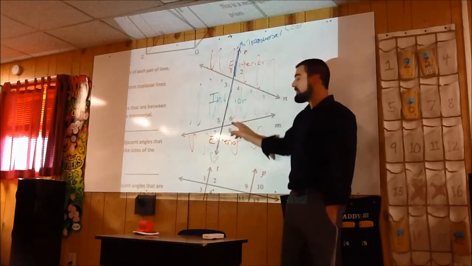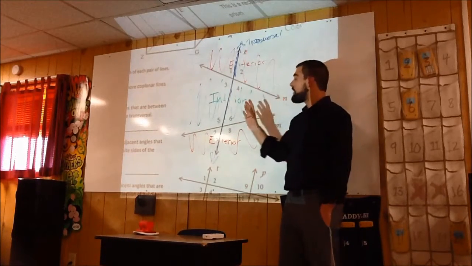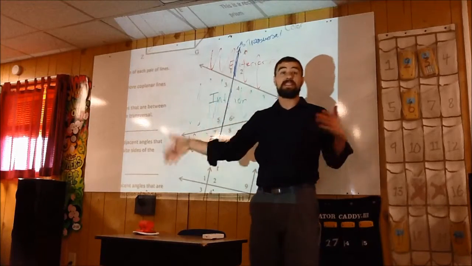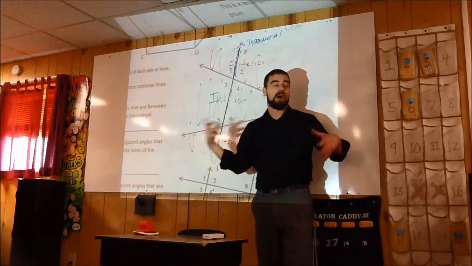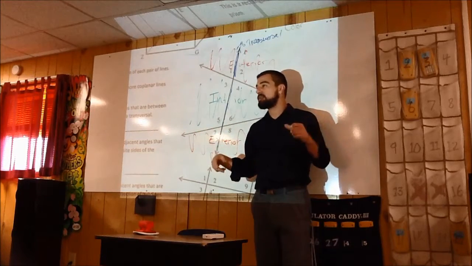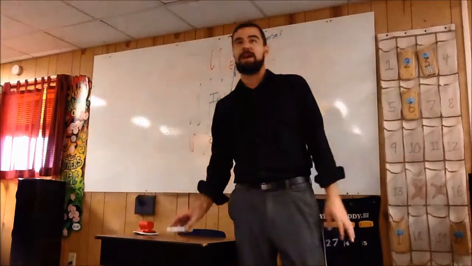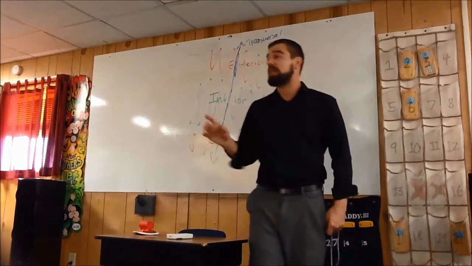And then angles 2, 4, 6, and 8 are on the right-hand side. And so we're going to call angles that are on different sides alternating, because we're on alternate sides of the transversal. So we're going to learn about some new angle classifications